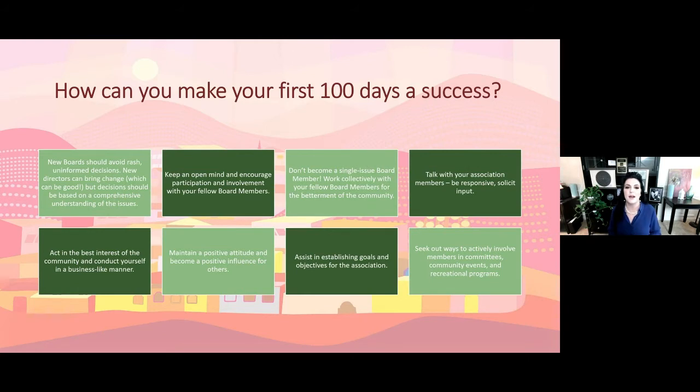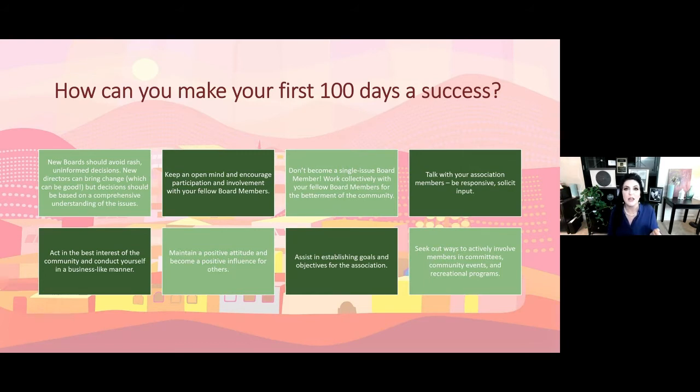Maintain a positive attitude and become a positive influence for others. For some, this might be incredibly easy because gifts or acts of service, I should say, might be a primary love language. Those of you who know what I'm talking about with the 5 love languages, it might come easy for you. This doesn't necessarily come easy for other people. And especially being a board member, which can sadly be a thankless job from time to time or often, it's very important to maintain morale within the key central decision makers, just like it would be for your professional team or your family. It's so important that you try to give each other as much encouragement as possible and try to maintain that positive, active